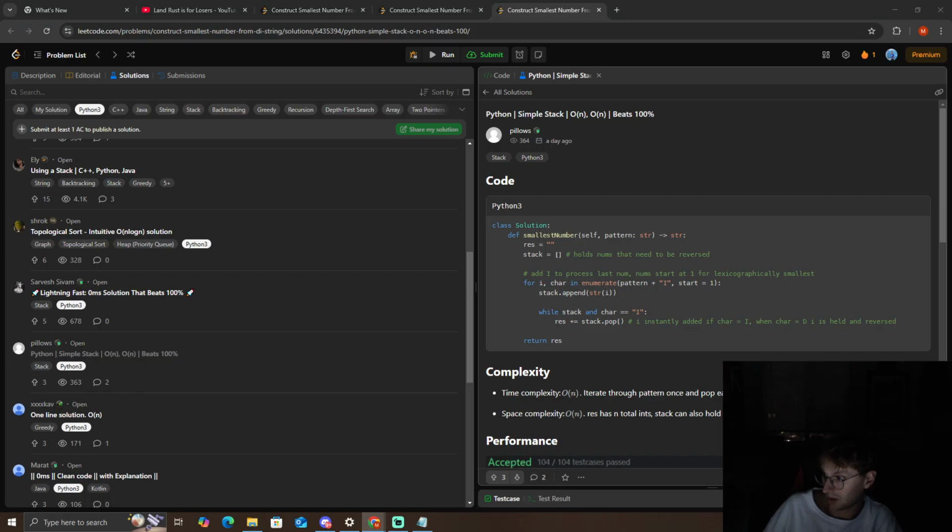Variable i represents the next number to be added. Add the current number to the stack. Every number is first pushed onto the stack. If the pattern contains D, this delays adding the number to res, so that decreasing sequences can be reversed. If the pattern is I, or when we process the extra I at the end, we pop numbers from the stack and append them to res. This ensures that the numbers delayed by D are added in the correct order. If the pattern was D,